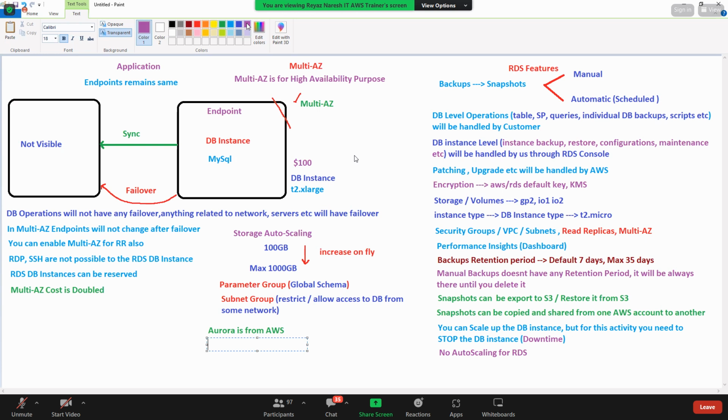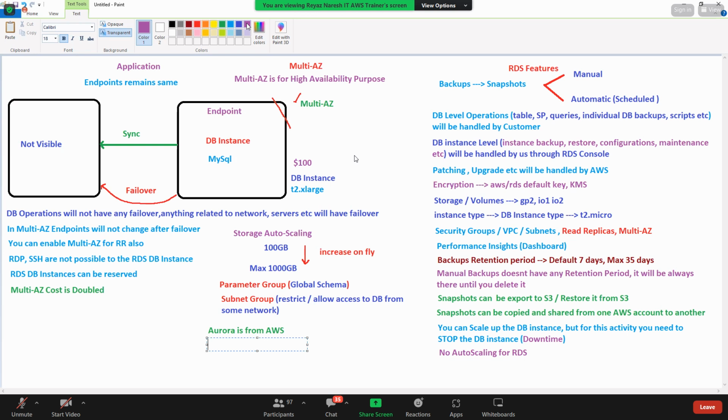AWS. Whenever you are launching MySQL or Postgres databases, AWS says, try Aurora, Aurora is good. Because whose product is that? AWS product. So whenever you are upgrading or copying the snapshot, or doing something, AWS says, try Aurora.